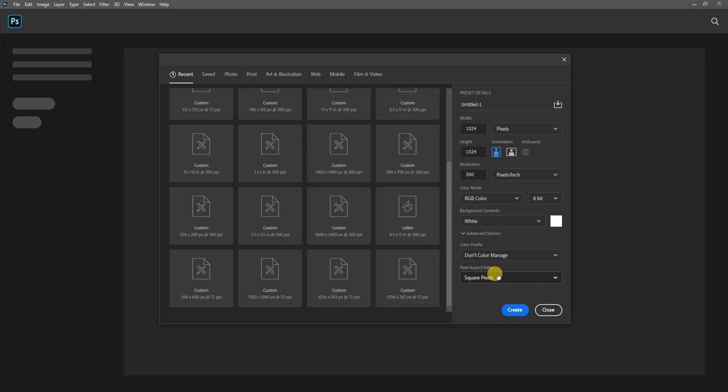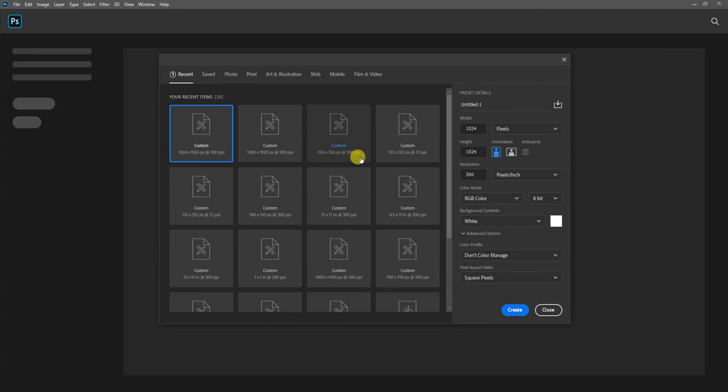These values do change from Photoshop to Photoshop, and currently I am using Photoshop 2020, as you can see right here, Photoshop 2020. So I will create a small image of 256 by 256. You do have to be careful with creating a Photoshop file. If you create something small, that's perfectly fine. But if you create something large, like if you create something that's 10,000 pixels by 10,000 pixels, you will need a very good graphics processor on your computer, or you will have trouble